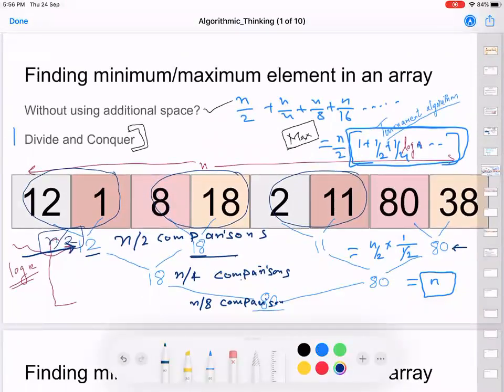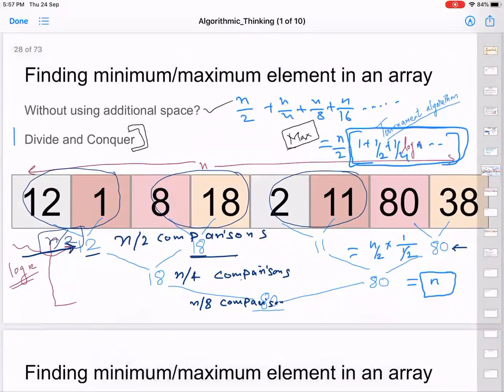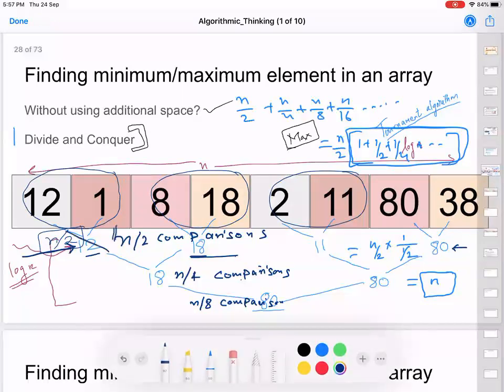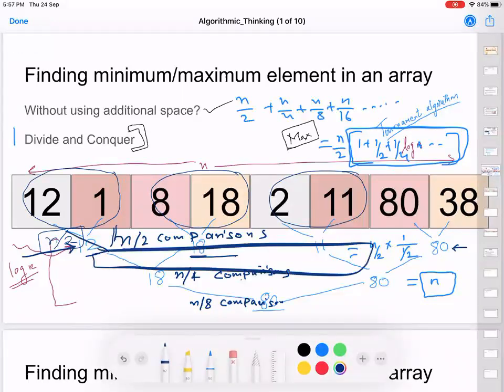Just a doubt, ma'am. Are we going to store the maximum of every 2 elements somewhere? So there are many ways of doing that. I'm currently not focusing on storage, but definitely, you can store these elements in a separate array. When you compare 12 and 1, you can store them in a separate array and modify these, or even you can make it in place.